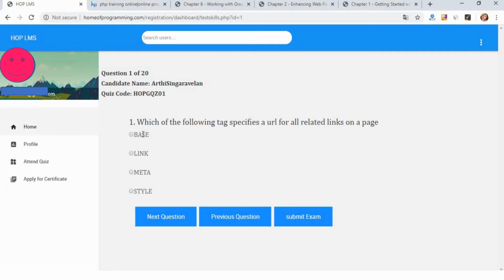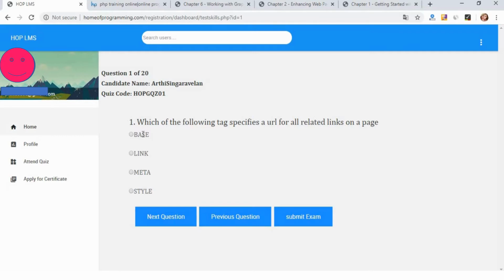The meta tag provides a description that will be displayed in an SEO page, right? The content given inside your meta tag will be displayed in the search results of your web page. That is, when your web page is indexed under Google results, the description that you are getting will be the content of the meta tag, right? Similarly, the style tag will be used whenever we are going to use internal CSS, right?